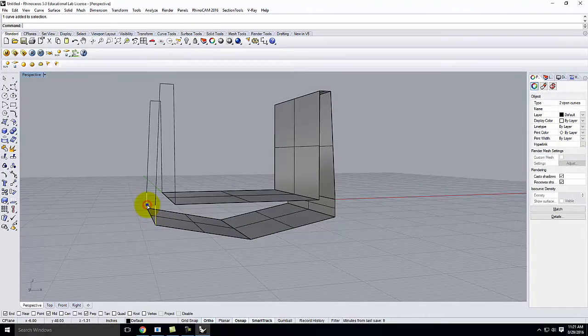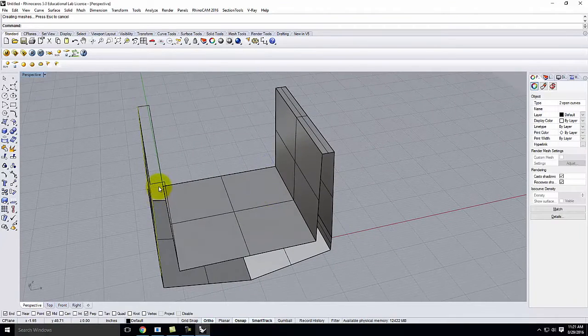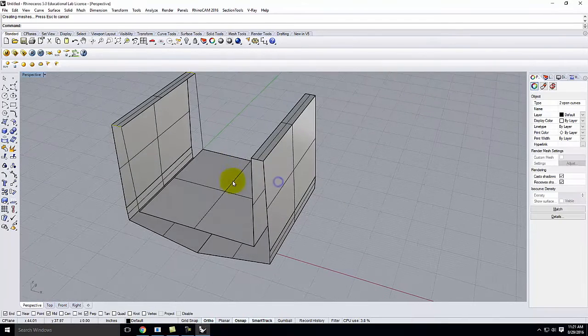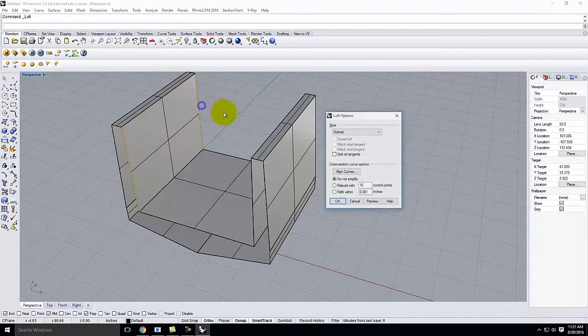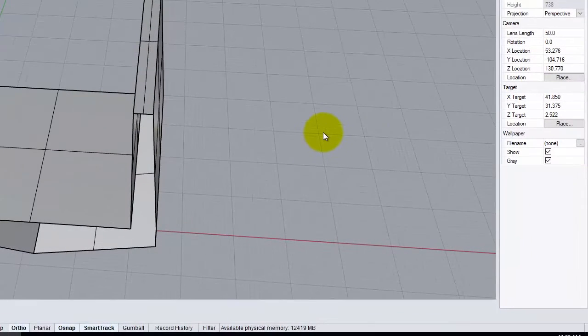And I'm going to work my way around my objects here. Perfect. And the last one, right there, right-click, and OK. I do hold down Shift when I select both of those curves so that they're selected. Okay. All right. So now that I've done that and I've lofted it, I'm going to go ahead and draw